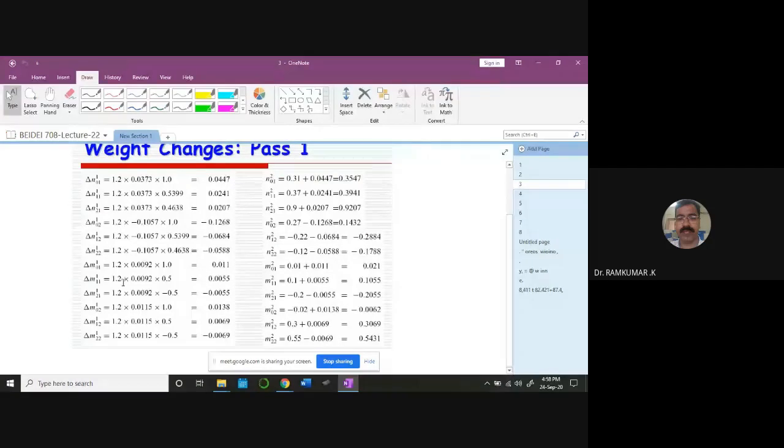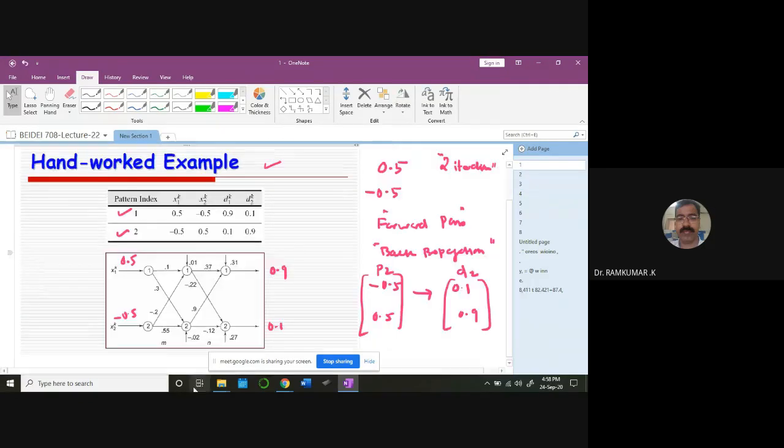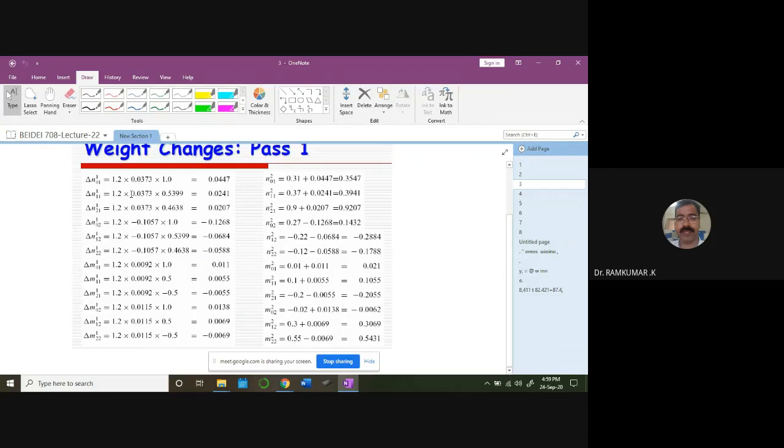We are going to update the weights. How many weights have I got? This m and n are used to separate the two sets of weights. For example, n indicates the weights between the hidden layer and the output layer. This m indicates the weights between the input layer and hidden layer. In order to separate these two, they are given like that. Now see how they are updating it. What is the formula? Can somebody tell me what is this value?